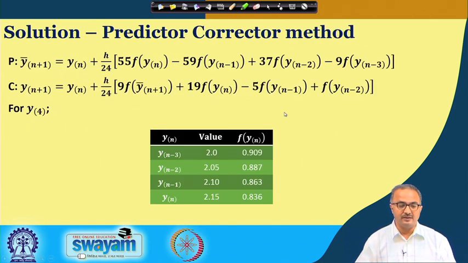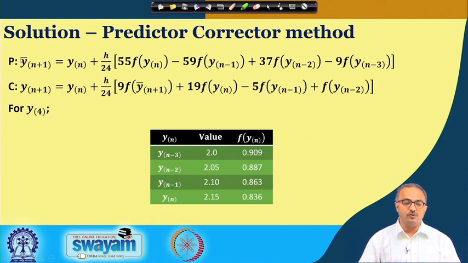So, here we have these two. By P we mean predictor and by C we mean corrector. Now, you can see that these two formulations are a bit different. In the first formulation, y n plus 1 is put in terms of all the previous values of y n, which are known or supposed to be known. And you can see that this means we have an explicit way of finding the value of y n plus 1 in terms of the previous values.